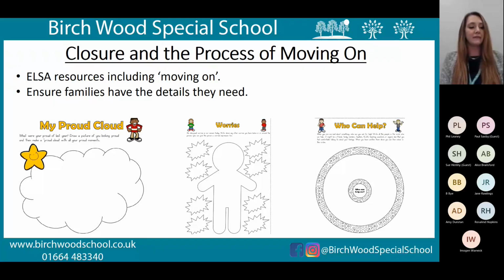So allow space really for students to talk about their worries, to talk about moving on, to talk about what they're thinking about, and then also to work on the solutions together, which can be really helpful. There's plenty of things that the new setting is going to be able to do for them, but it's helpful with you being their current really significant person in school and being their current trusted adult. If you can work on that strategy with them, then they feel supported through the transition process.